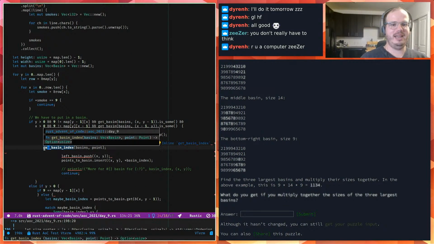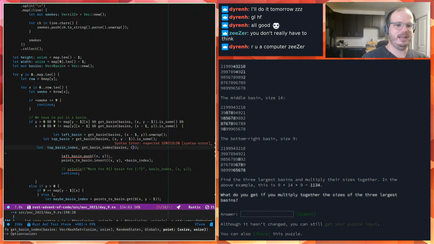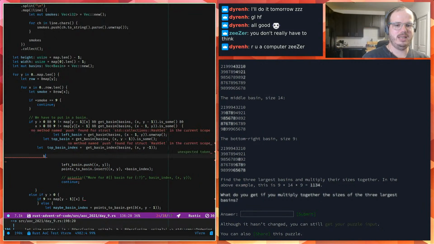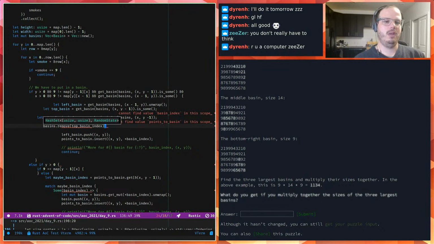Get basin index. Let's say top is the one we're gonna destroy. Top basin index x y minus 1, and then we will say basins dot remove top basin index. And now